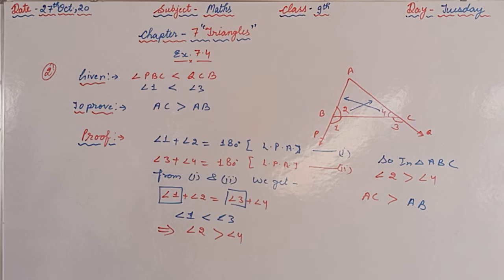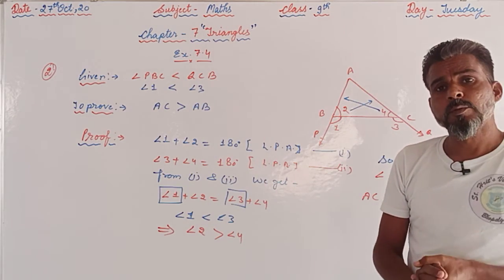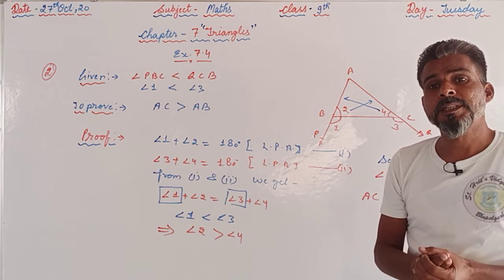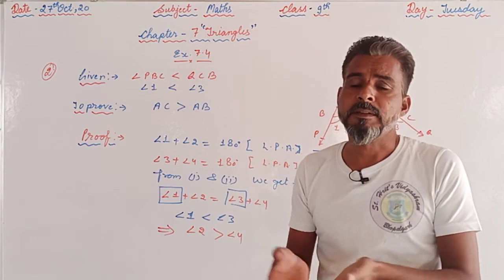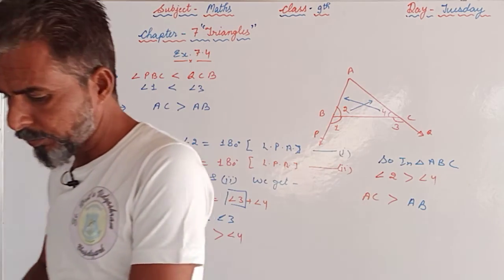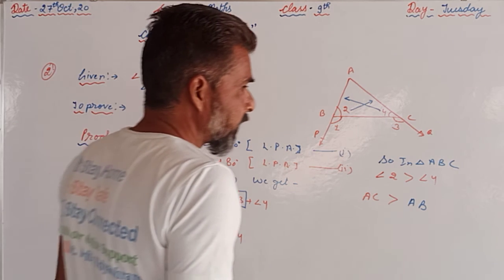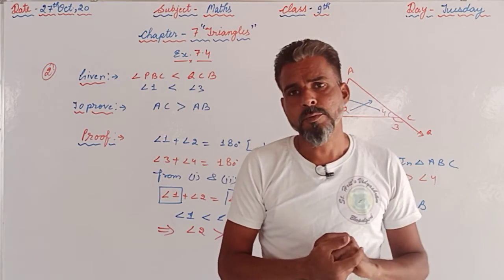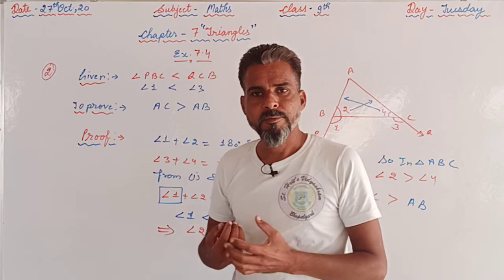One more time I will repeat for you that in a triangle, the side opposite to the largest angle will be the longest one, and the side opposite to the smallest angle will be the shortest one. So, I hope that you have understood the basics for this exercise, and first of all you are supposed to repeat question number 1 and question number 2, and afterwards you can try question number 3, 4 and 5 by yourself.